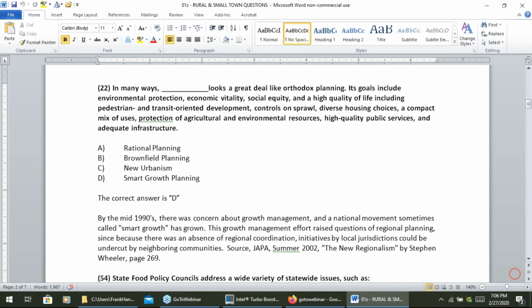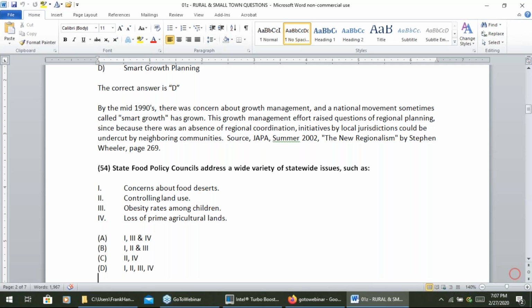One of the differences: smart growth focused on protection of agriculture, protection of environmental resources, adequate public facilities, and anti-sprawl. That was the original focus. New urbanism moved towards that, but new urbanism was a lot more about form. In its beginnings, it wasn't about environmental protection, being anti-sprawl, efficient use of utilities, protection of agriculture, things like that.